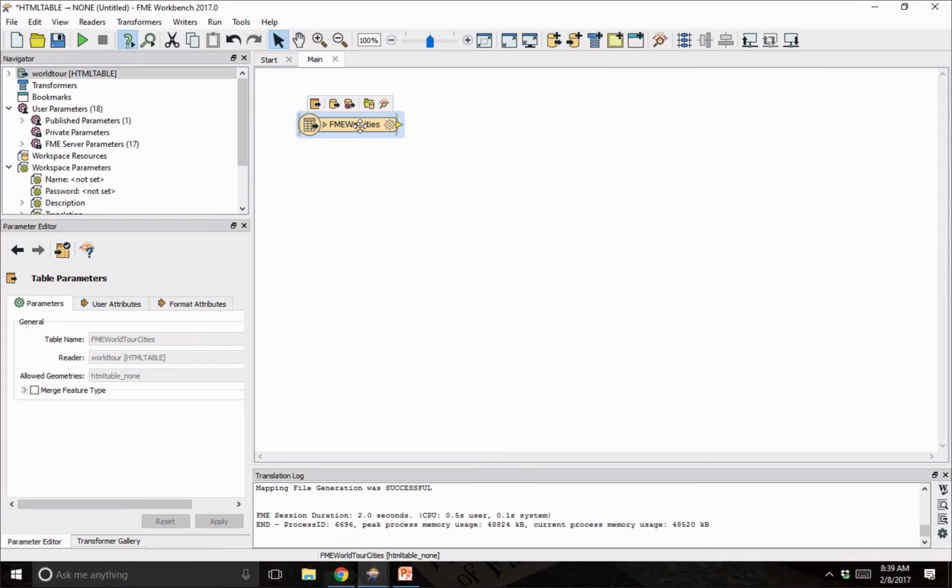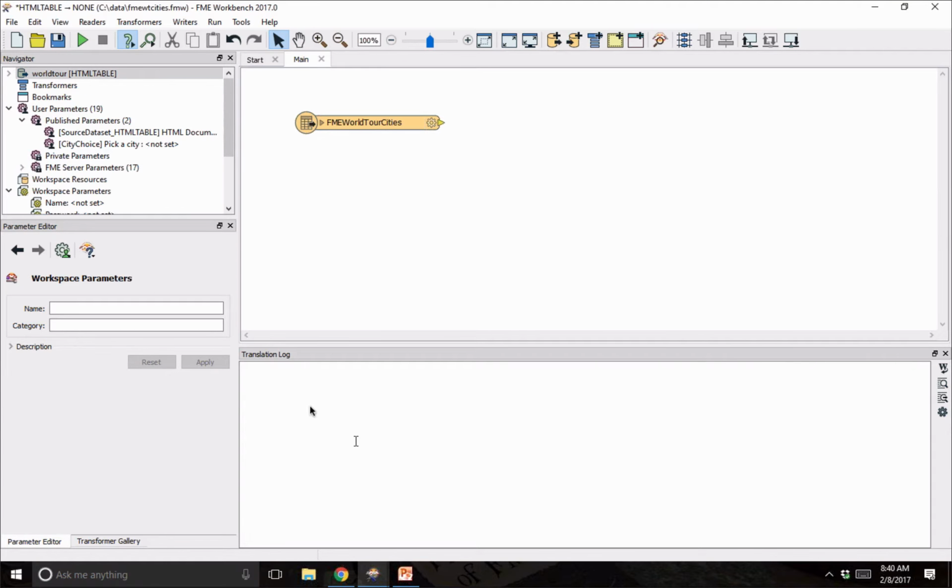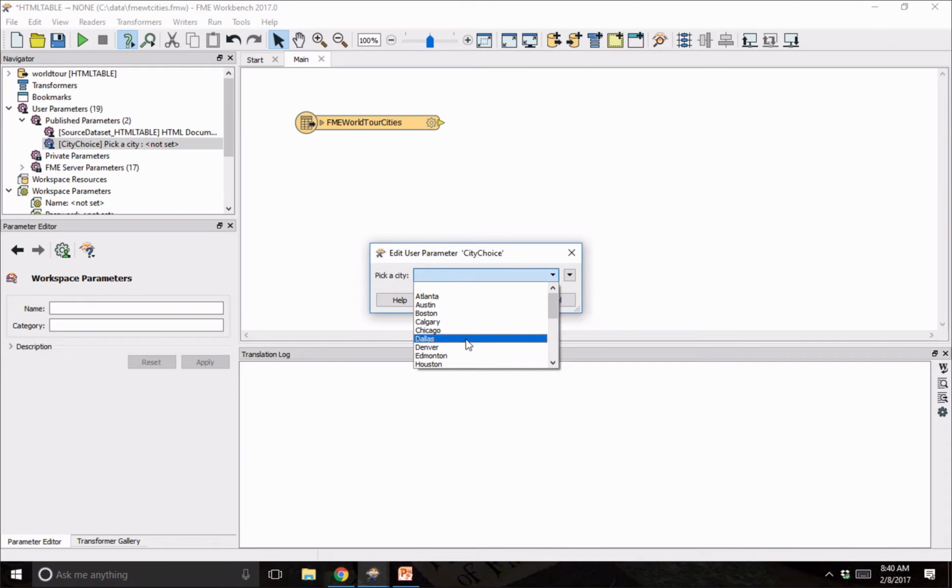Okay, so in order to let the user pick the city they want to get, those of you who are familiar with FME will know that the way to get user input is via a publish parameter. So I already set up a nice publish parameter in another workspace. It has a choice with alias drop-down, so you can see here, just lets the user pick from a number